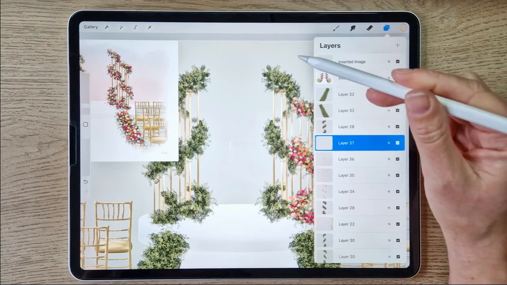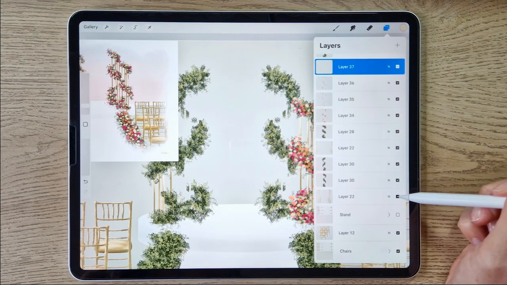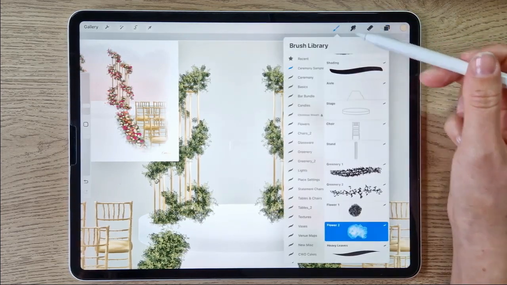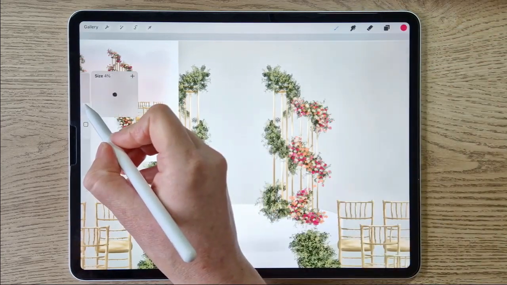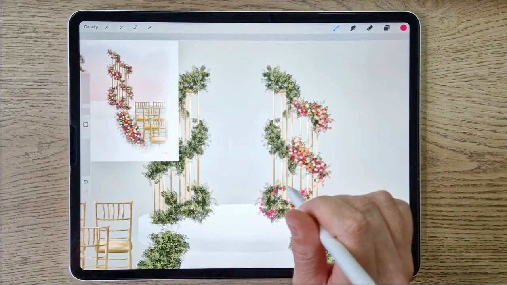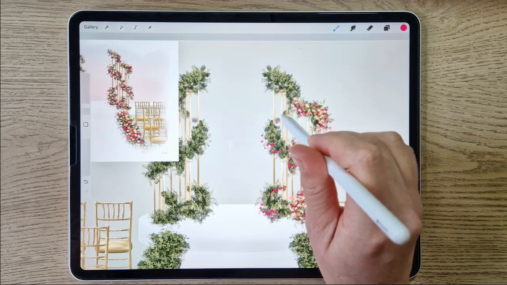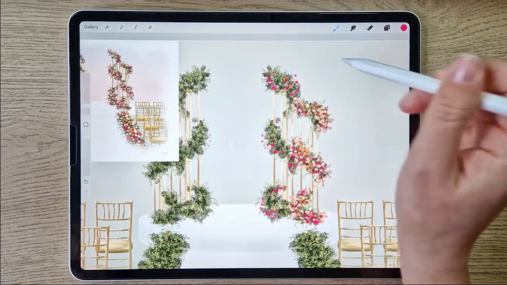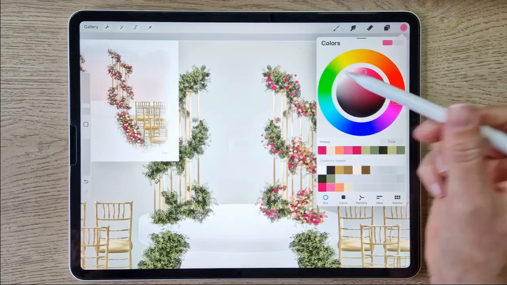Now we're going to go do the same on this back flower stand. So find the rear flower stand, find the greenery, add a layer on top, and you're just going to go work through the same thing again. So the first flower with the hot pink, on a new layer, the first flower with the lighter pink,